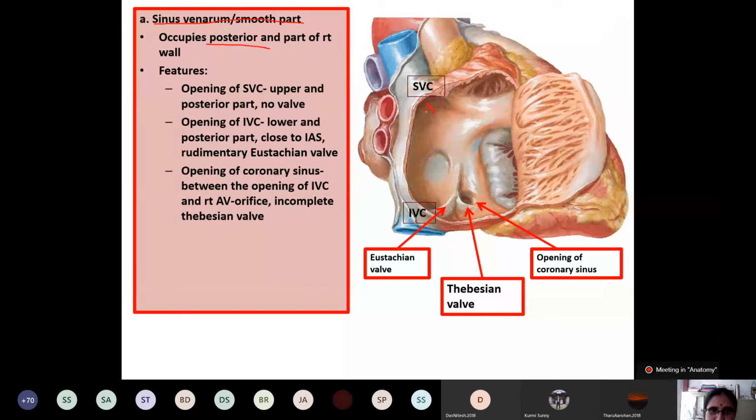This is the opening of the SVC in the upper part, which does not have a valve. This is the opening of the IVC, which has a rudimentary valve. What is this rudimentary valve? Known as Eustachian valve. And this is the opening of the coronary sinus with its rudimentary valve. What is the name of this valve? Thebesian valve. So these are very important for the spotter.